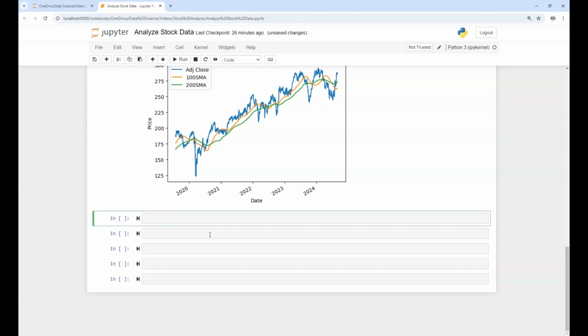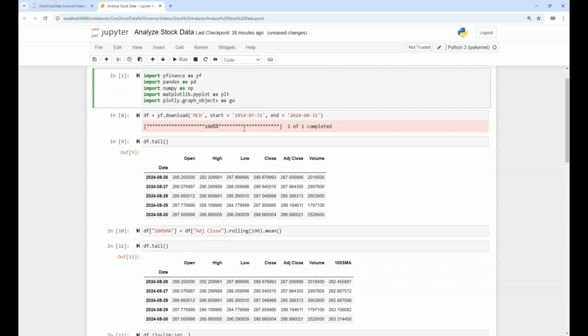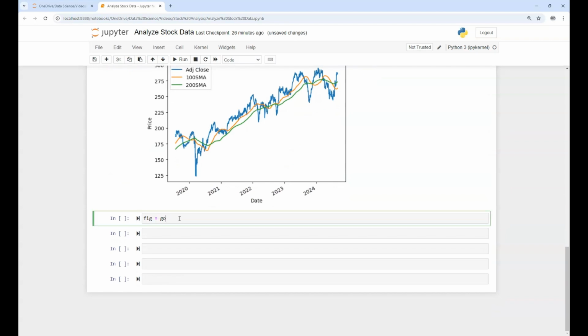And first of all, we're going to say fig equals go, and go is what we gave Plotly the alias of up here when we import our packages. So Plotly is the go, that's the alias. So we're going to say fig equals go.Figure, and then we're going to say data equals in a bracket